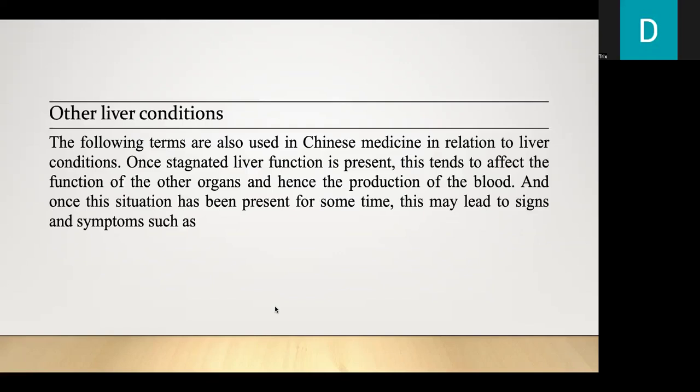Other liver conditions. The following terms are also used in Chinese medicine in relation to liver conditions. Once stagnated liver function is present, this tends to affect the function of the other organs and hence the production of the blood. And once this situation has been present for some time, this may lead to signs and symptoms